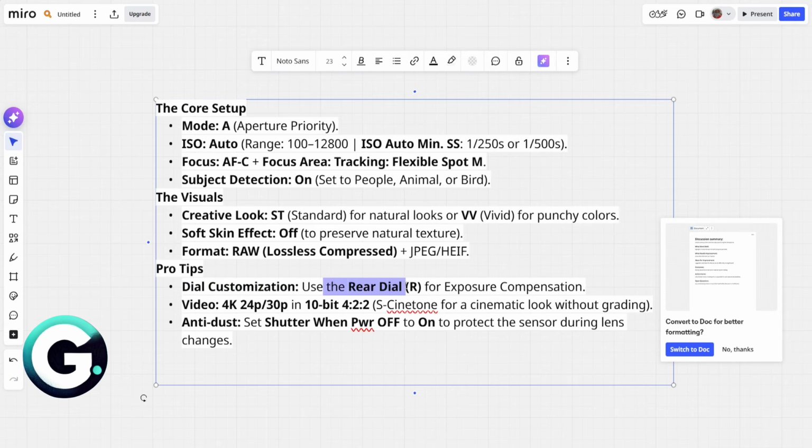You want to use the rear dial for the exposure compensation. And for video, you could just go ahead and use the following setting right here for the cinematic look without grading. And for anti-dust, you want to set this to off or to on to protect the sensor during lens